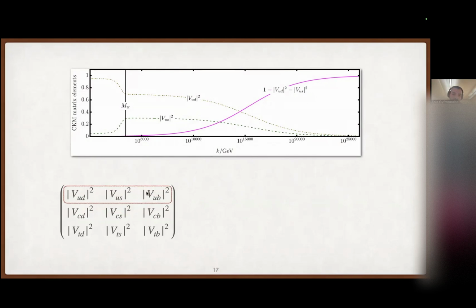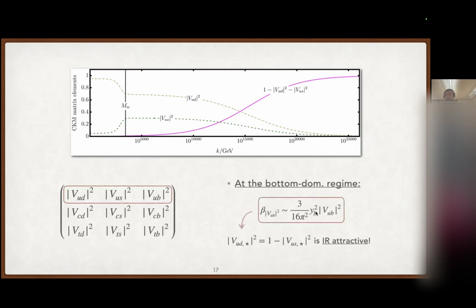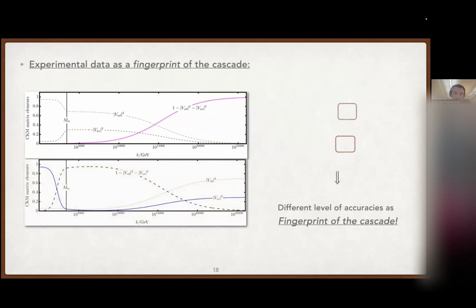But the relation VUB equals zero is an attractive relation, which means that the relation that we wanted to achieve in the infrared to explain the CKM matrix is actually already attractive in the bottom dominated regime and continues to be attractive also in the top dominated regime. And you can see this here if you take the heavy bottom limit for the beta functions of the VUB. So if we combine these two, sorry for the animation here, but if you combine these two plots,